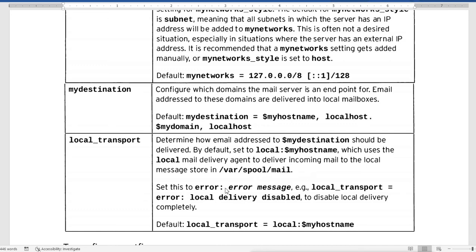Set this to error, for example local transport equals error, that means local delivery disabled, to disable the local delivery completely. By default it is set to local and my host name.